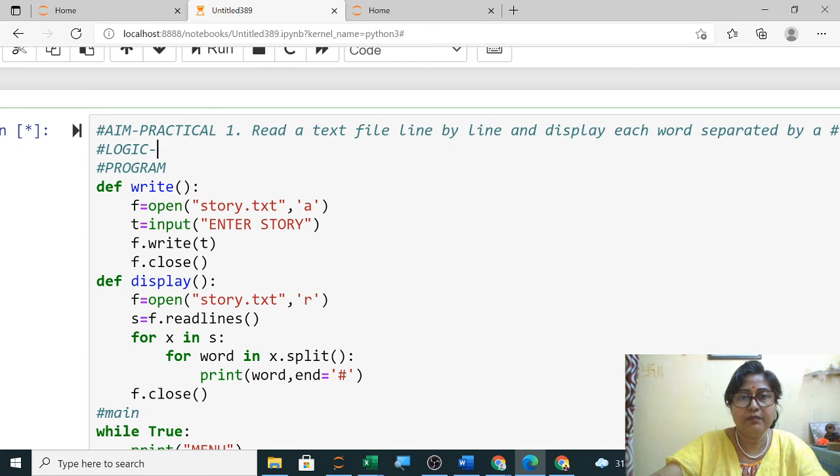What is the logic of the program? After writing in a file, using read line or read lines, two functions are there.